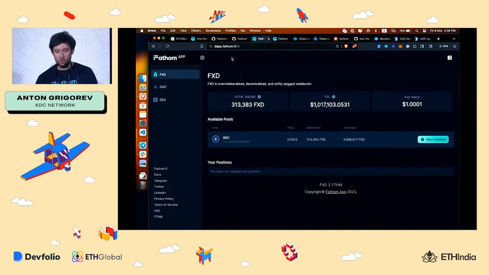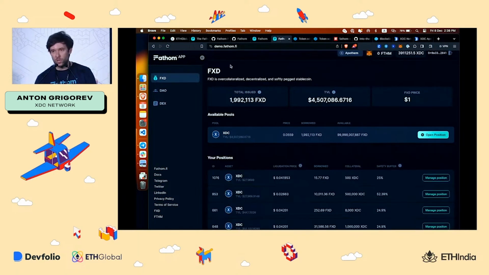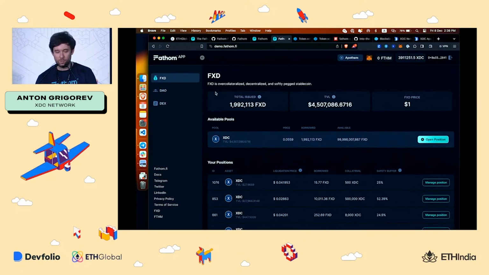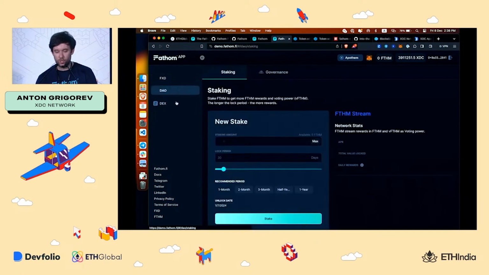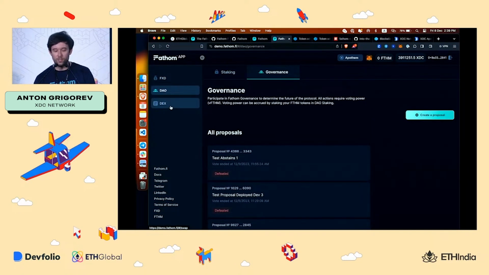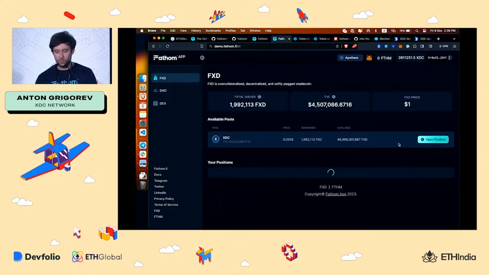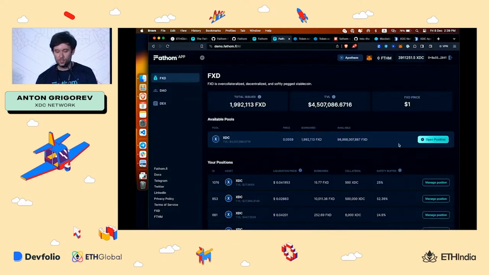You can also check our application at dev.fathom.fi, a demo application on the testnet. You can check FXD, an example of how you can stake FTHM and vote for the governance, and you can check the DEX. But the most important thing is, of course, the stablecoin.